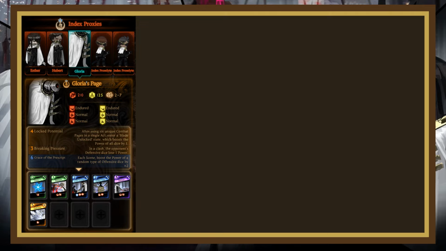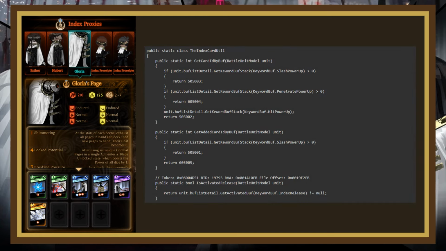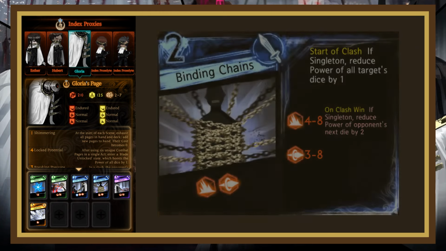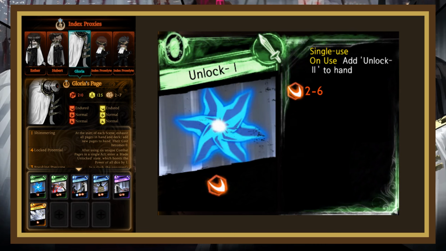This passive does nothing until the user has played 6 unique combat pages, in which case they'll enter a Blade unlocked state, which boosts the power of all dice by 1. Interestingly, all of the Index Proxies' decks are lies, as their Shimmering passive cheats in pages that are outside of their deck. In Gloria's case, Scene 1, she gets Binding Chains and a new page, Unlock, which is a 2-6